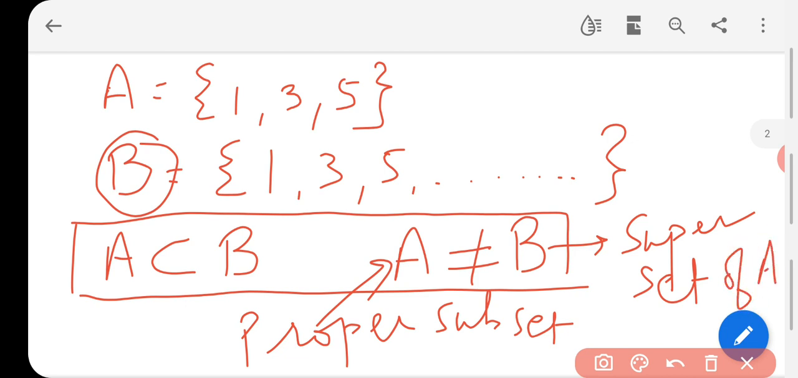How do we represent the superset of A? See, A is a subset of B. Okay, B is a superset of A. A is the subset of B. B is a superset of A, and here A is the proper subset. Is this clear to all of you? Okay, now